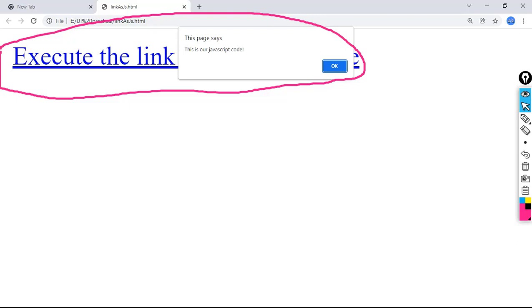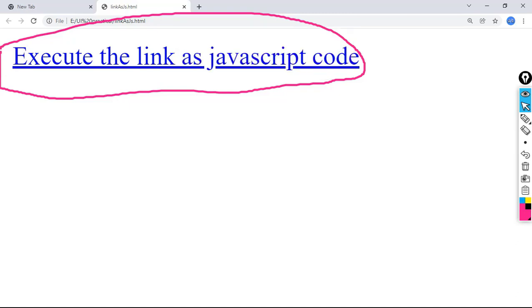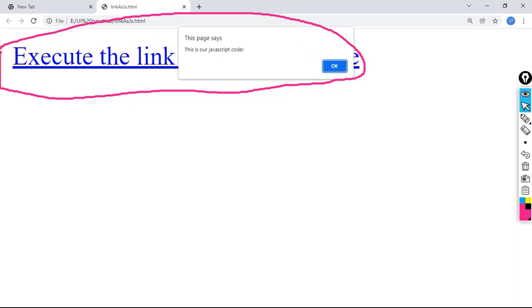Means once I click on this particular hyperlink, our JavaScript code is executing. Now I am clicking on the OK button. That's it. Let me do it once again. Click on this link. Again our JavaScript code is executing. In this way, with the help of the JavaScript protocol, we can use a hyperlink to execute our JavaScript code.